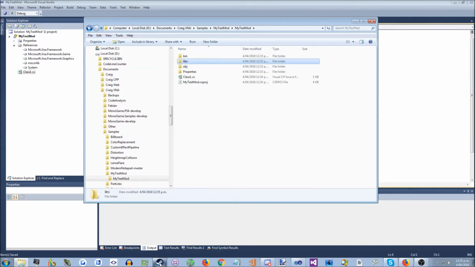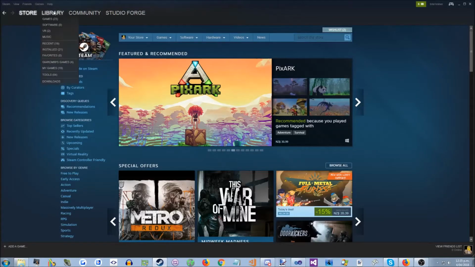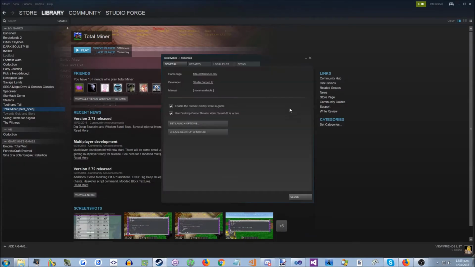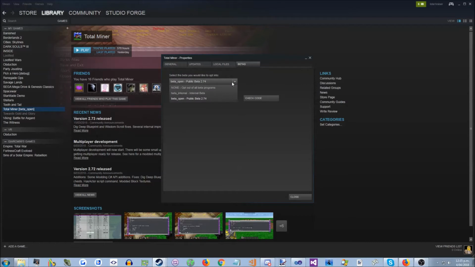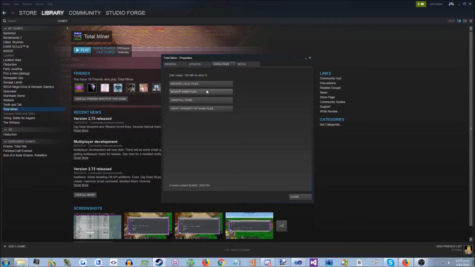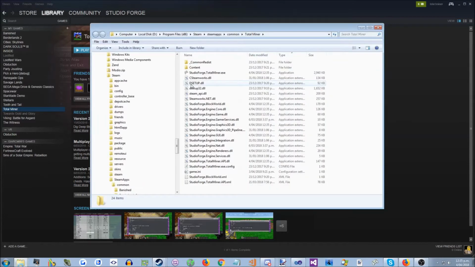So to do that, open up your Steam, go to your library. I'm just going to turn off the beta for now. Click Properties, go to Local Files, Browse Local Files, and this is where the game's binary files are. So you can sort by type,